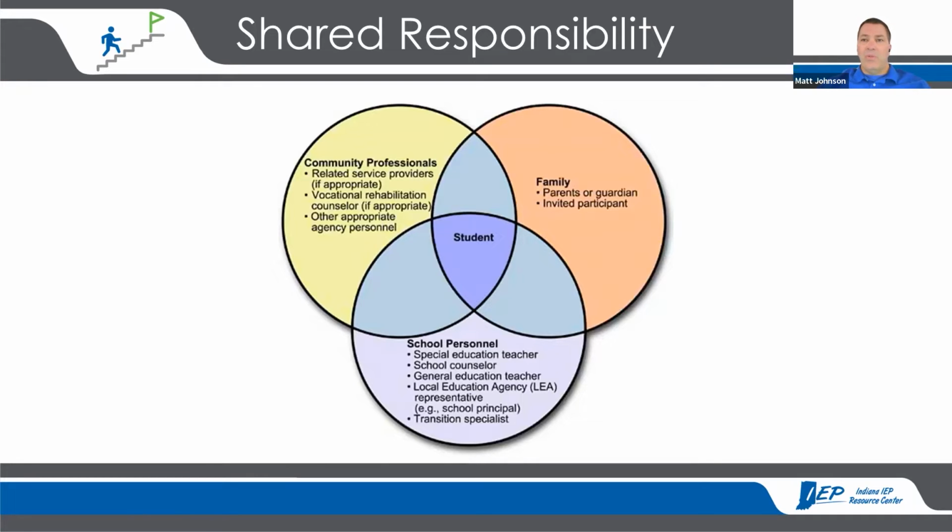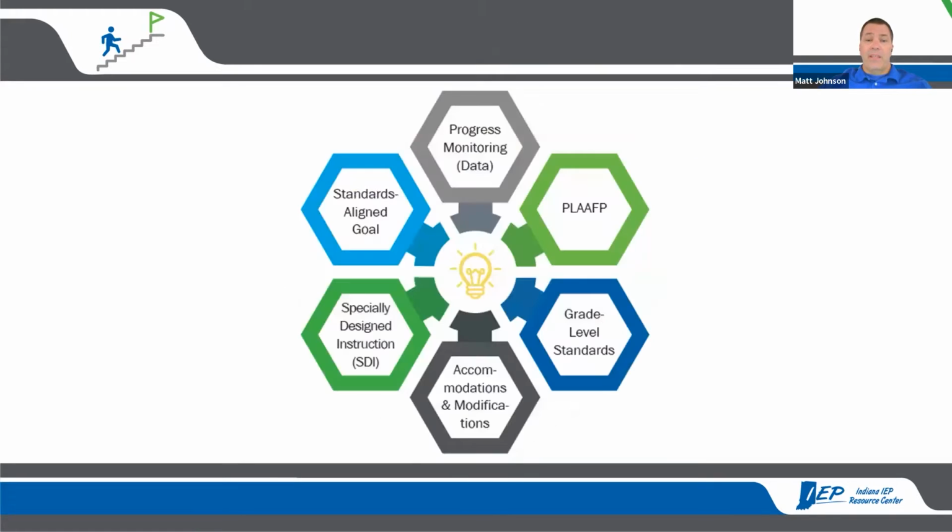So it may be unusual for us to look at the community input with some of these things, but consider that's where the student's living. What do they need to learn to operate independently in that environment? Not just family and school, but especially when we get into transition age students, what's our target here? What's going to help them be more independent? So that's really the purpose of special education in general. So let's get to it here a little bit as we start looking at the process.